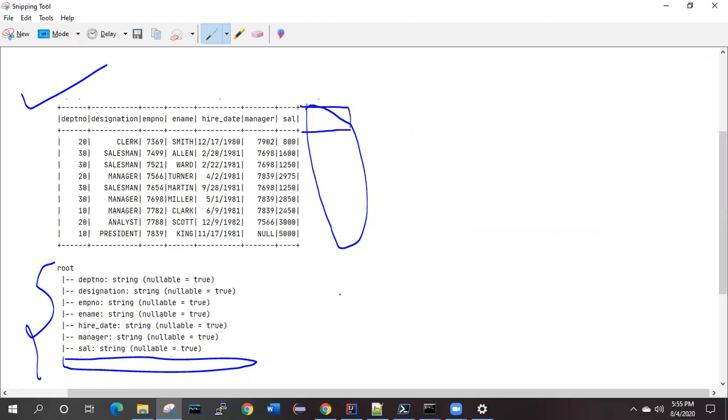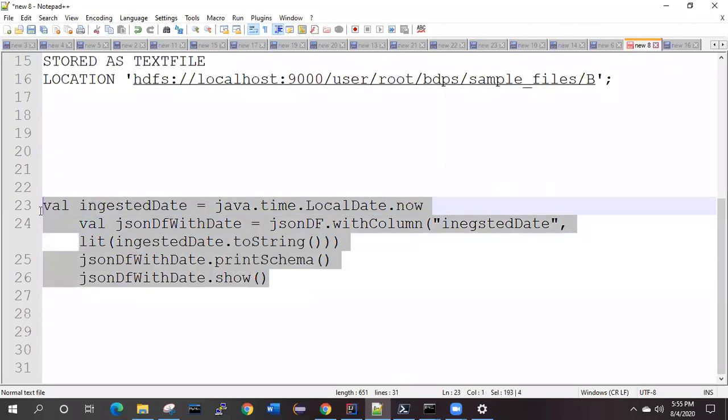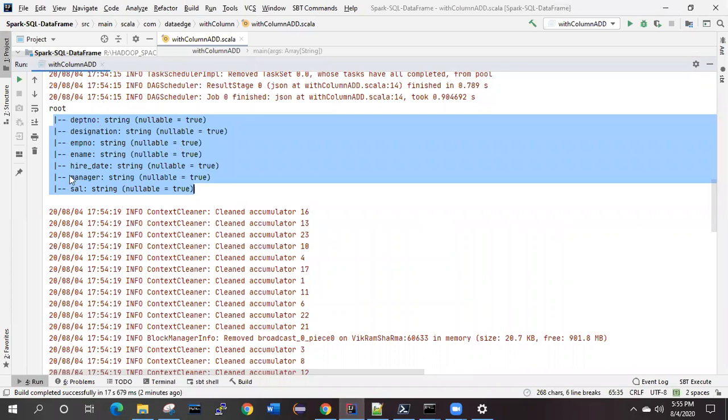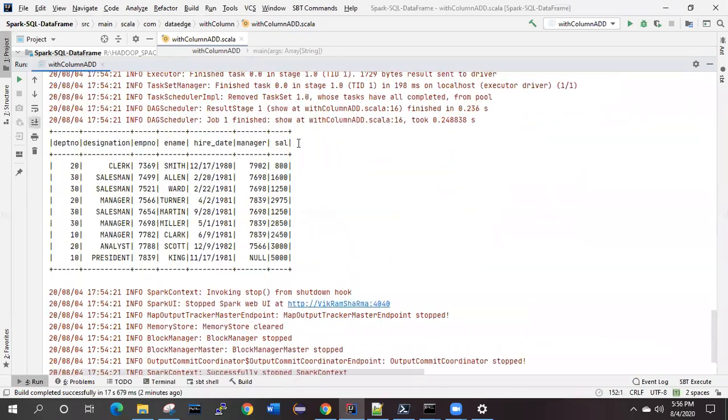It will depend upon you what column you are going to add over here. For that purpose I am going to add one column. So here I kept the code for how we can add a particular column into an existing data frame. After this salary, one particular column is going to be added that we can see in the data frame over here after this salary. How we can add it?